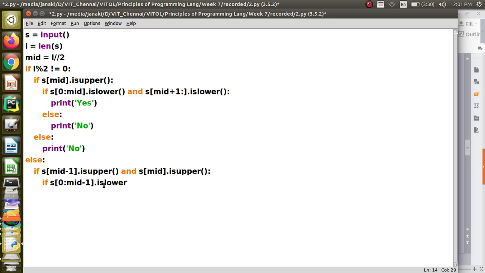This left part should be lower, and s of mid plus 1 colon. You can just leave it because I have to check till the end of the string, so you need not give any value for that, if it is lower. Okay, then I am going to print yes.